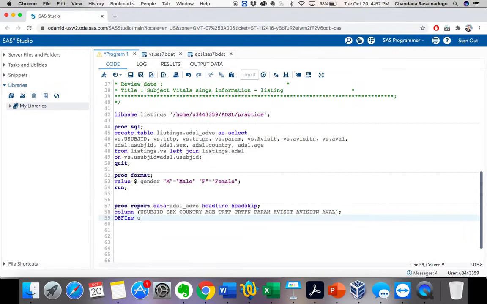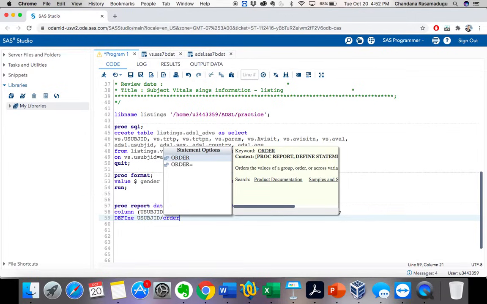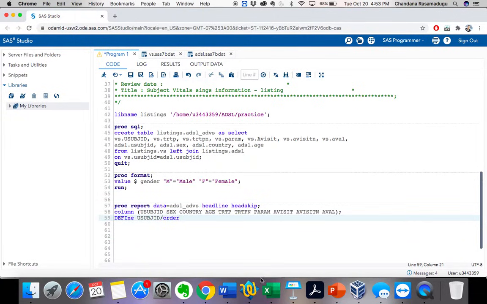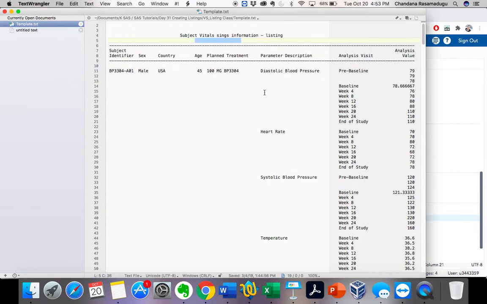The first variable is USUBJID, so I'm taking USUBJID, and let's specify order, because I want them to be ordered. The order option orders the values of a group, order, or across variable according to the specified order. So now I want to order these values accordingly, like this I want to order the data.